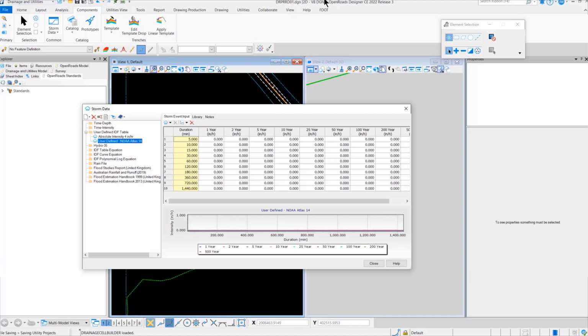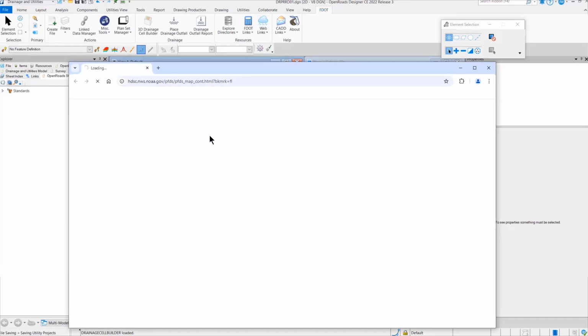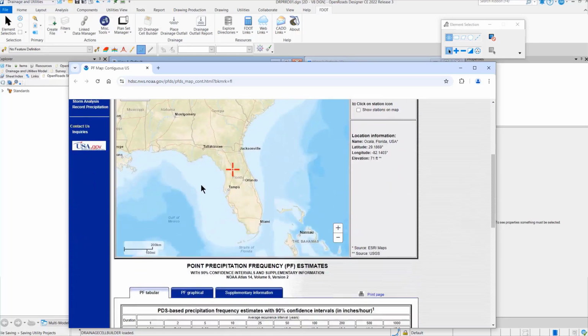Now we have a link. If we go to our FDOT tab and go to the web links, you'll find a NOAA link that takes you directly to the current NOAA Atlas 14 page. Always be sure to change to your intensity instead of depth. And then just take your crosshairs, put it on your project location,